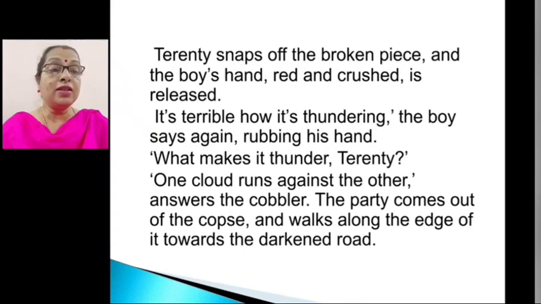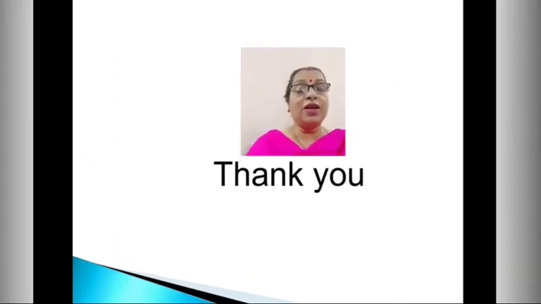So the party comes out of the copse. Party here means 3 people, that is Terenti, Foikla and Danilka. They come out of the copse and then walk along the edge towards the darkened road. With this, we come to the end of